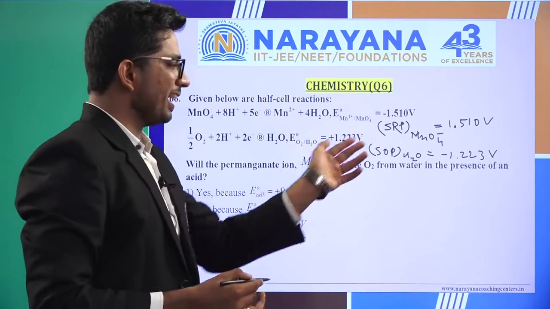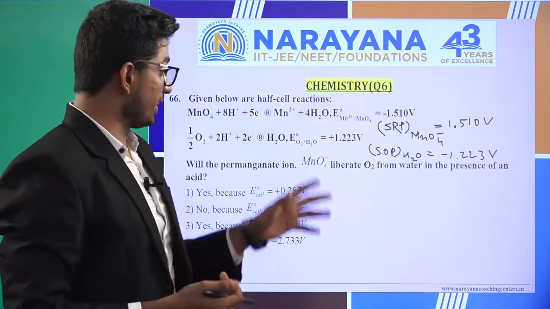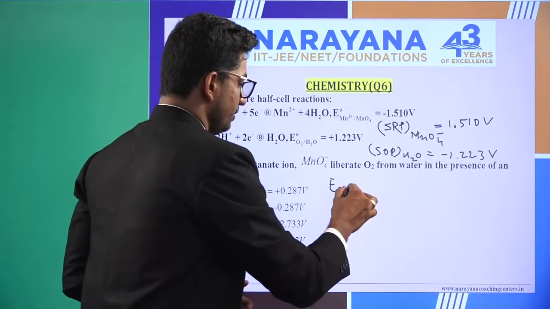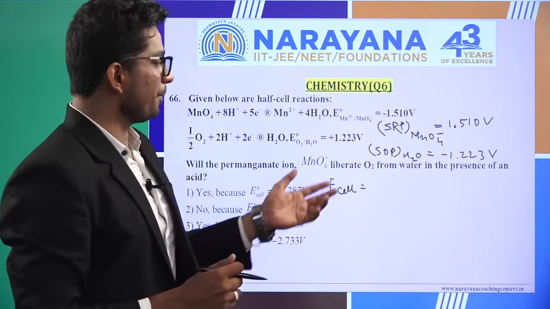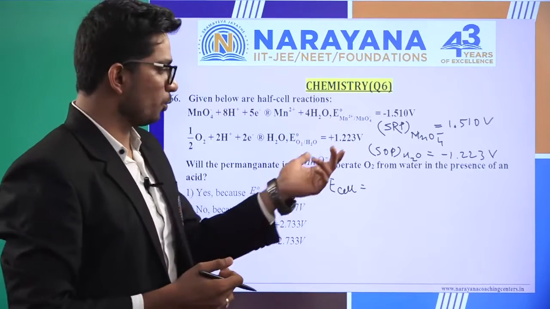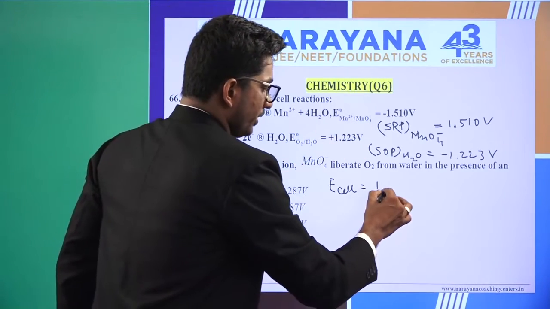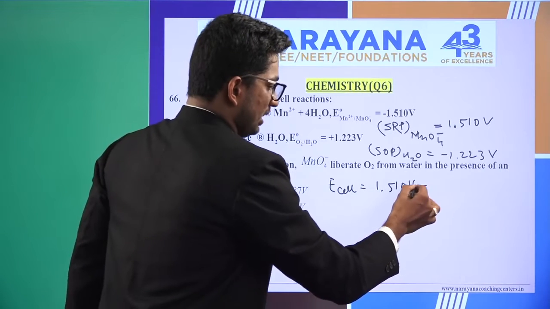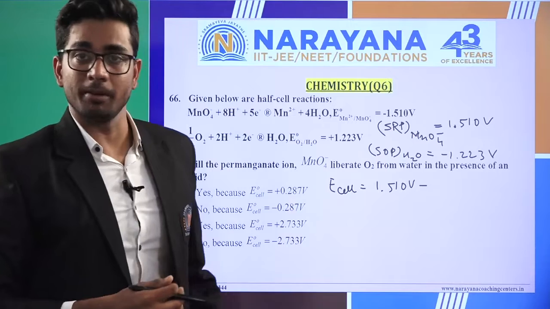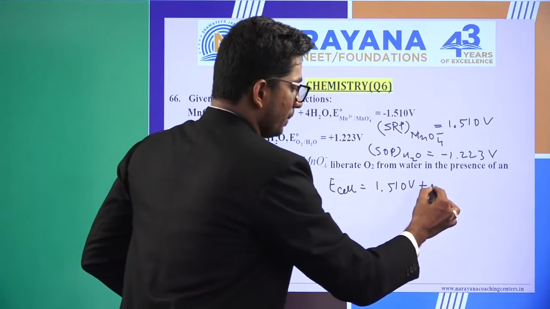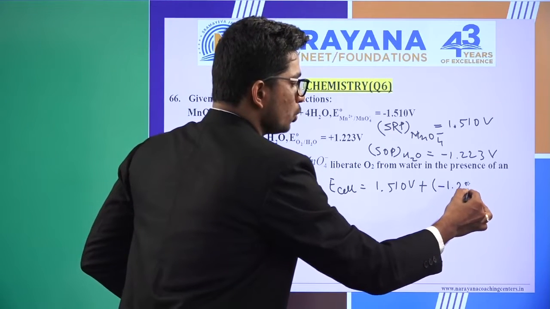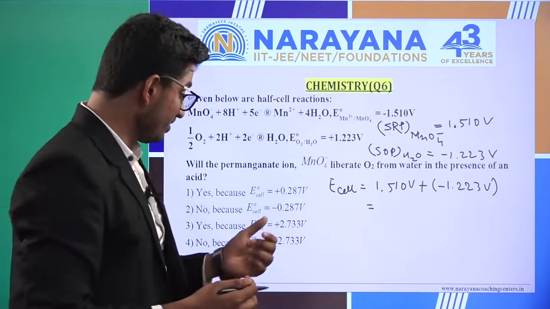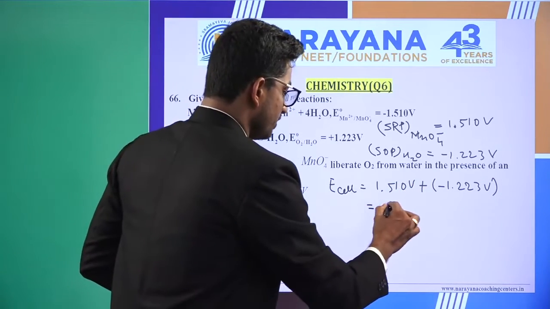So SRP and SOP are given, and to get the EMF of the cell, we'll write E cell, that is going to be SRP of the permanganate ion and SOP of water, so it will be 1.510 volt minus SRP plus SOP, so I am writing this plus minus of 1.223 volt. So here plus minus will become minus,